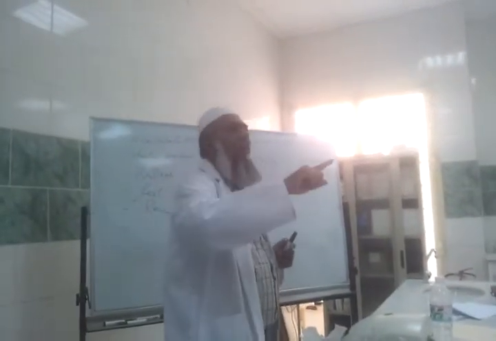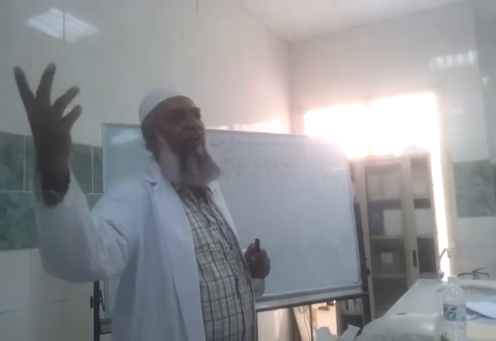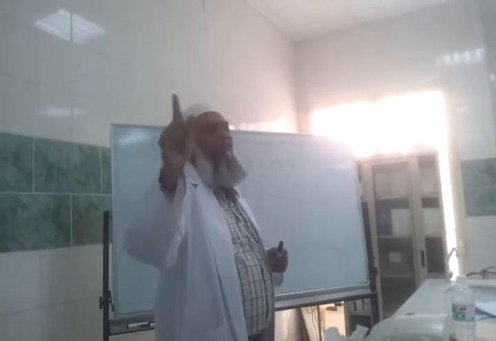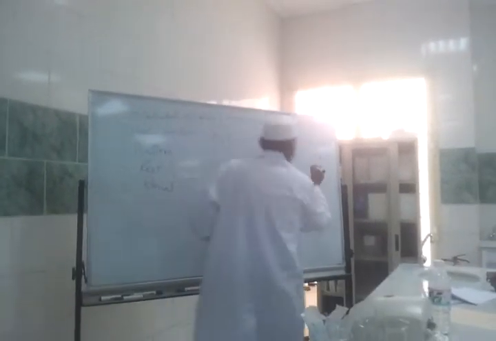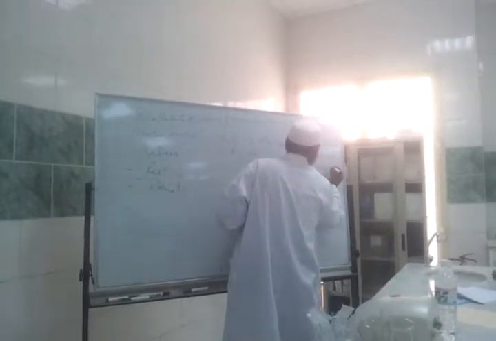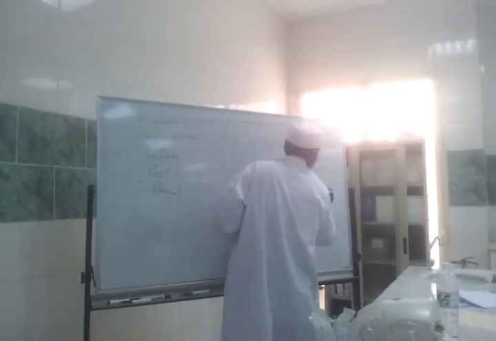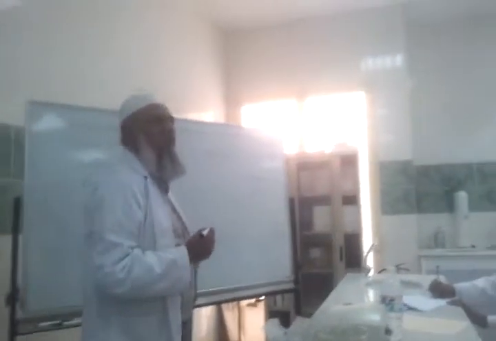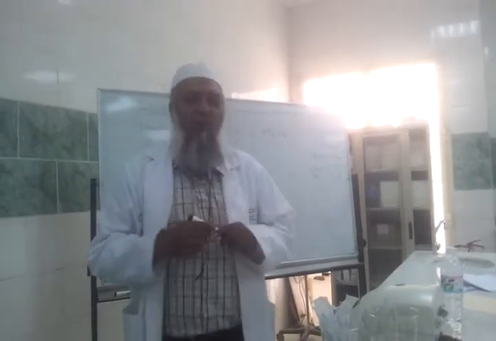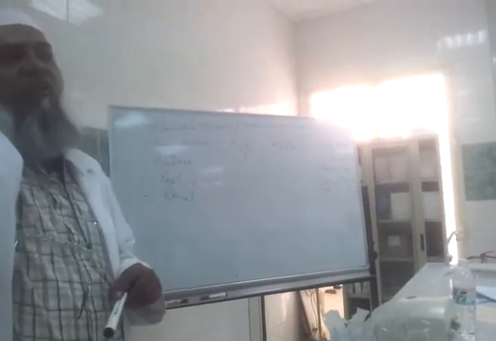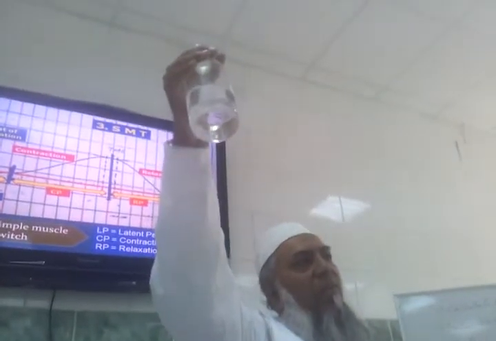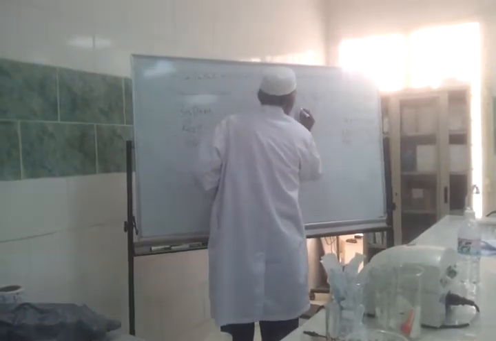So if 12 grams in 100, how many grams in 1 liter? 12 multiplied by 10, that is 120. So 120 divided by the molecular weight of sodium hydroxide, which is 40. So 120 divided by 40, it will become 3. So 3 is the molarity of this sodium hydroxide. Okay? So here in place of unknown we can write 3.